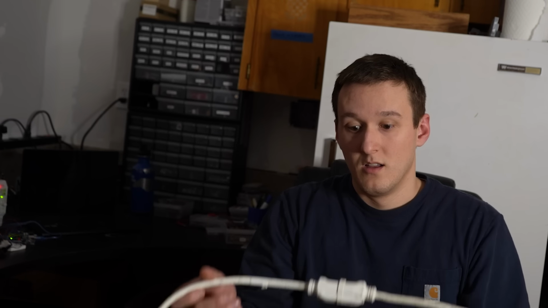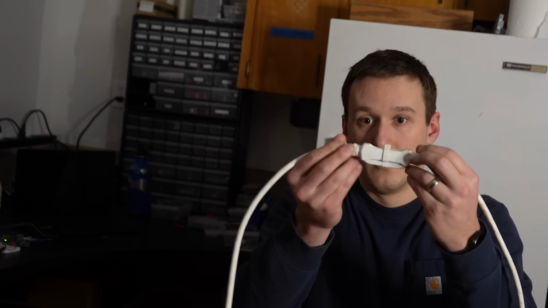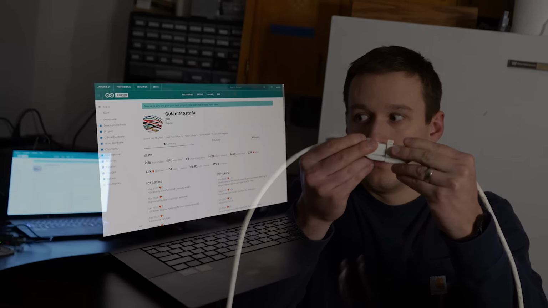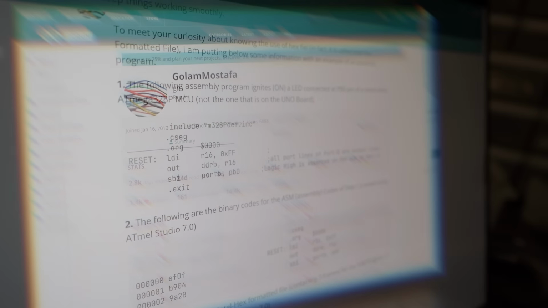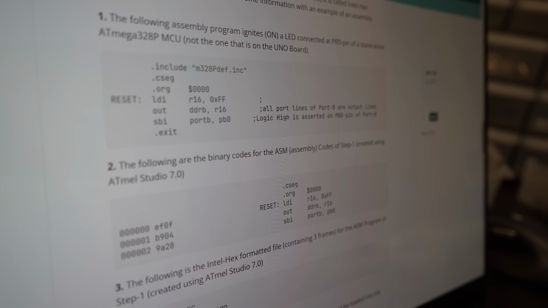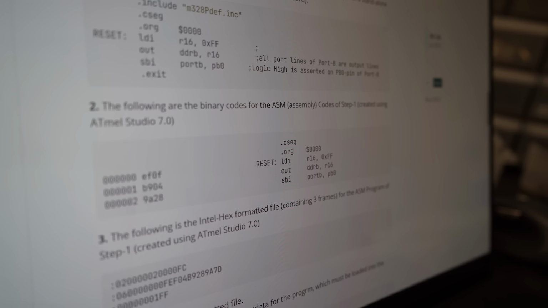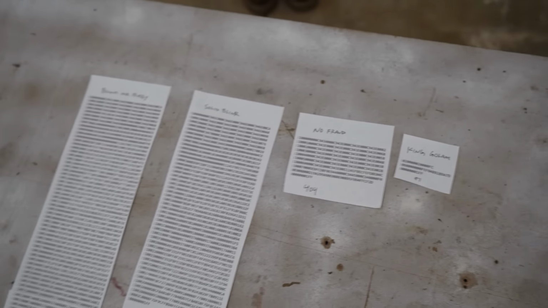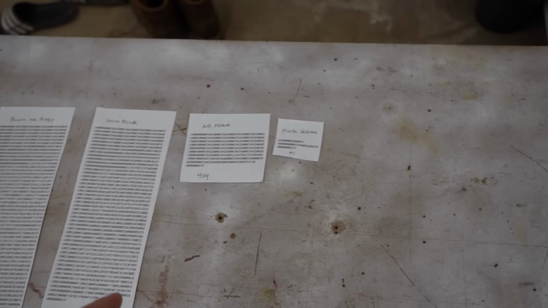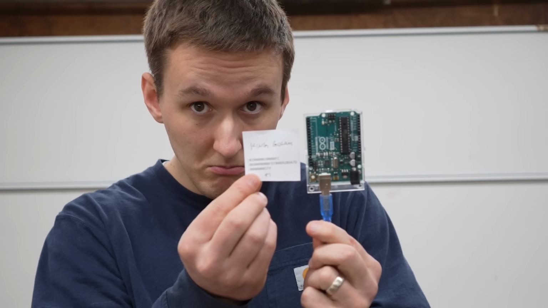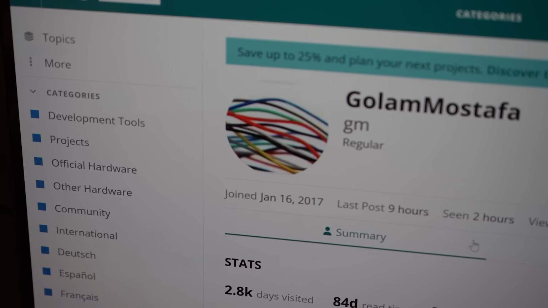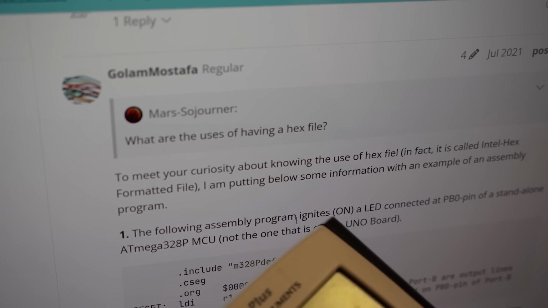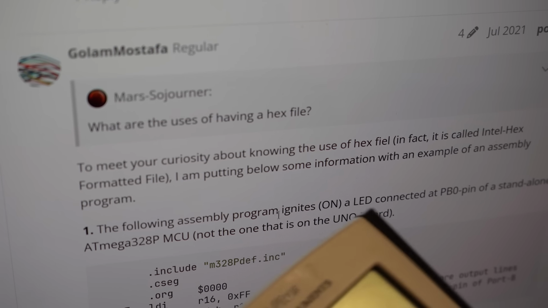But in my darkest hour, just when I was ready to pull the plug, my hero arrived to me in a 5-year-old forum post. Gollum Mustafa, my beloved. Gollum shared forbidden tribal knowledge of an even smaller file that turns on an LED, and with only 6 bytes of data that I would need to transmit, that cuts my time down to less than 5 minutes. I have no idea if this will actually work, but his profile picture is of wires, so I'm inclined to believe him, even if he did refer to turning on an LED as igniting the LED.